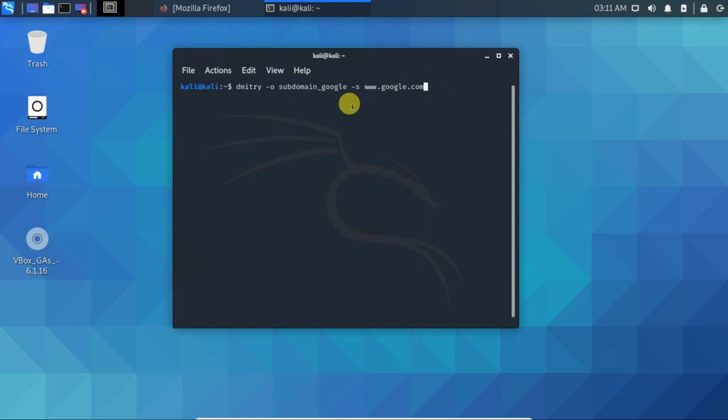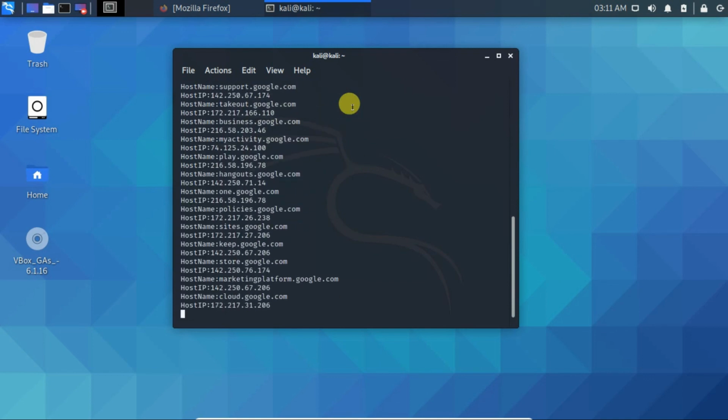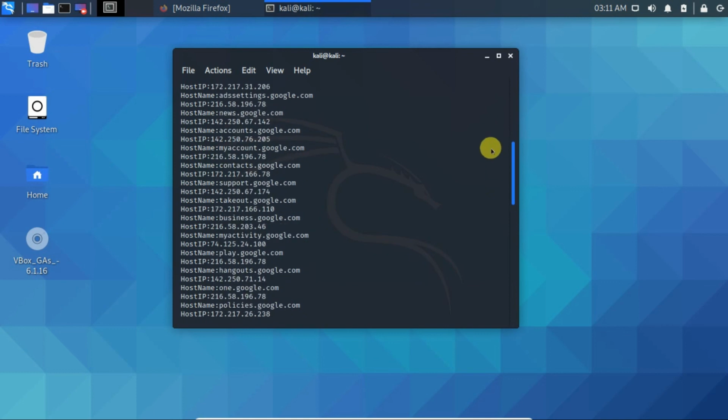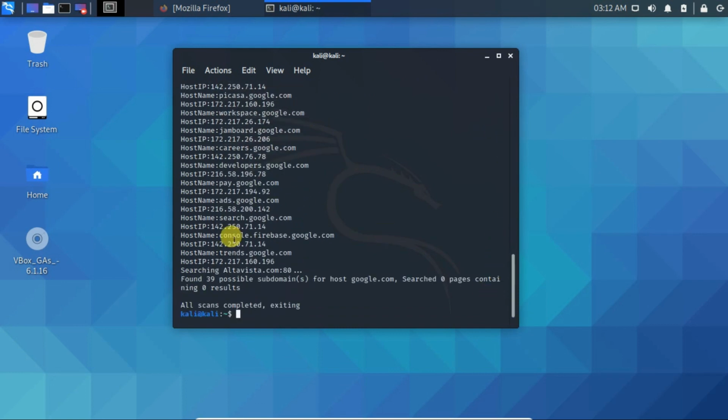Now let's click enter. Awesome, it's done. See here, Dimitri told us it's writing output to subdomains_google, and we know the IP address of Google, and we even had a view of all the subdomains of Google, and still we got, wow, now it says 39, right?